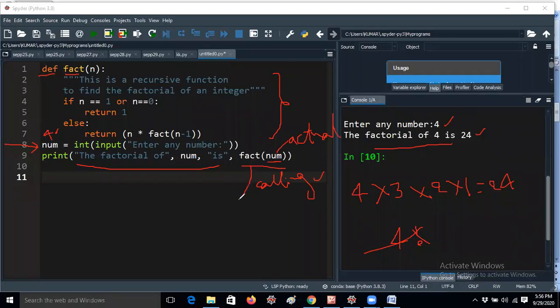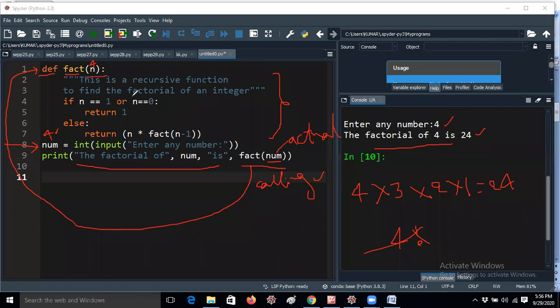That means whenever this line is executing, control goes back to this position and the number is assigned to the value called n. Actual parameters and formal parameters may be different or the same, that's not an issue at all. If you give num here also, it will not have any effect on our program. But I am changing the variable to n. You can give num also, that is fine.